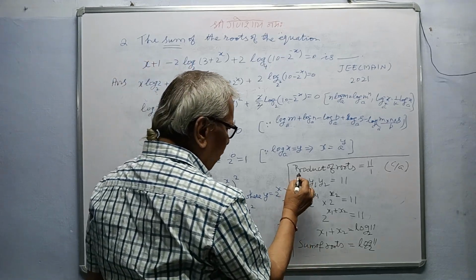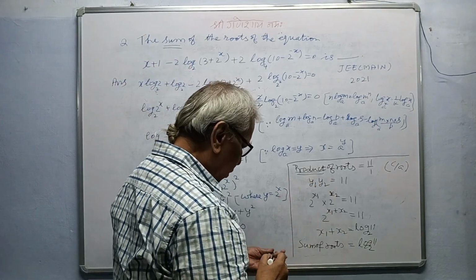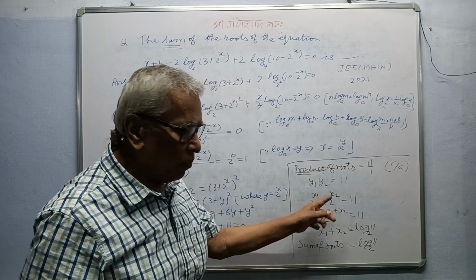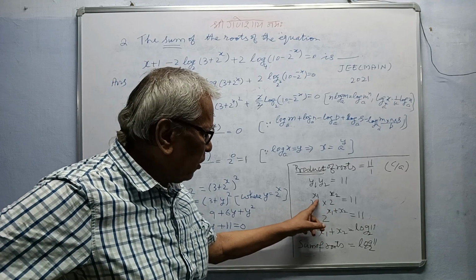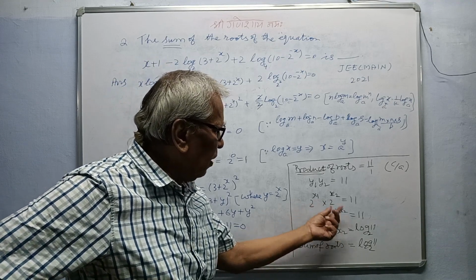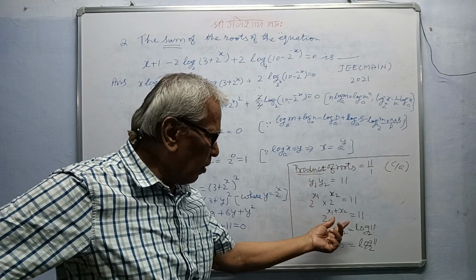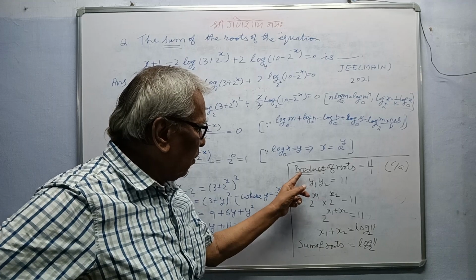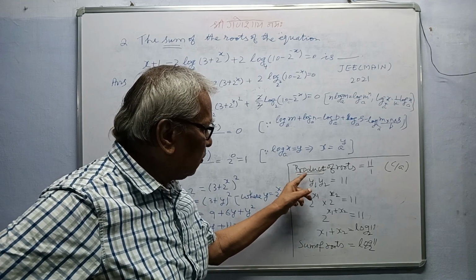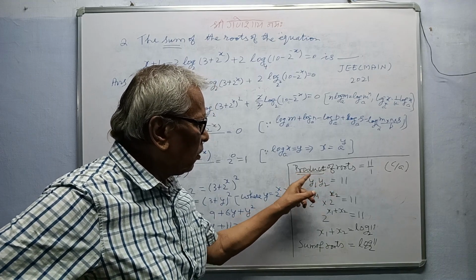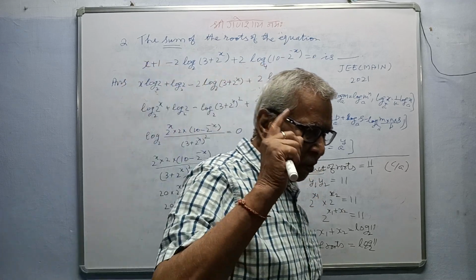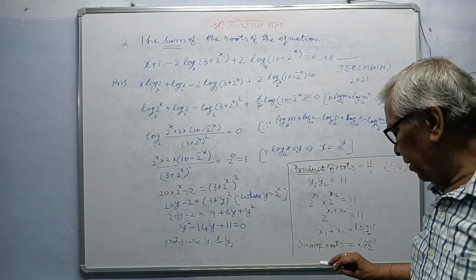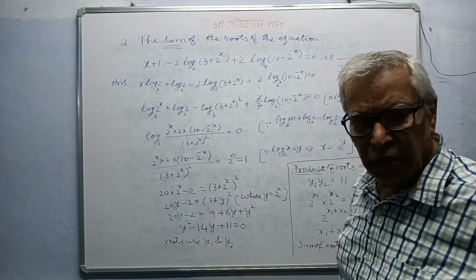And we are taking products here. Because when we multiply in the index form, the product will come out to a sum. So we will take the product, and this will come out to be the sum. Here we are not going to take the sum of the roots, but the product of the roots, as we have done in one equation, log of that same case. So our answer, the product of the roots, is equal to log 11 to the base 2. Thank you.